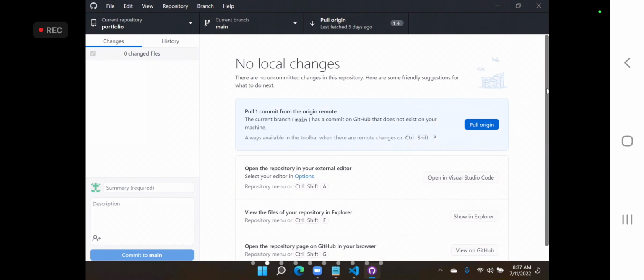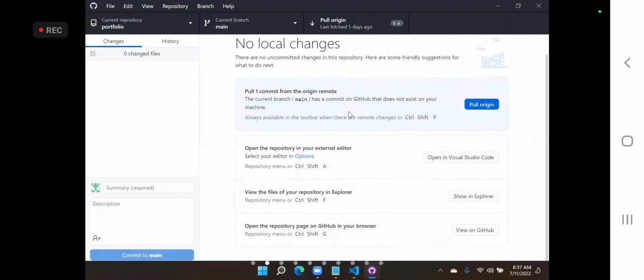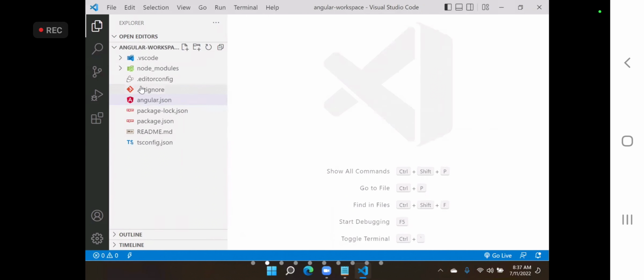When I have to commit, some files I have to ignore, and those options are present here. You will get that option when you are publishing. This is actually used for publishing your application on the cloud and making it live. In that case, we need this .gitignore action.